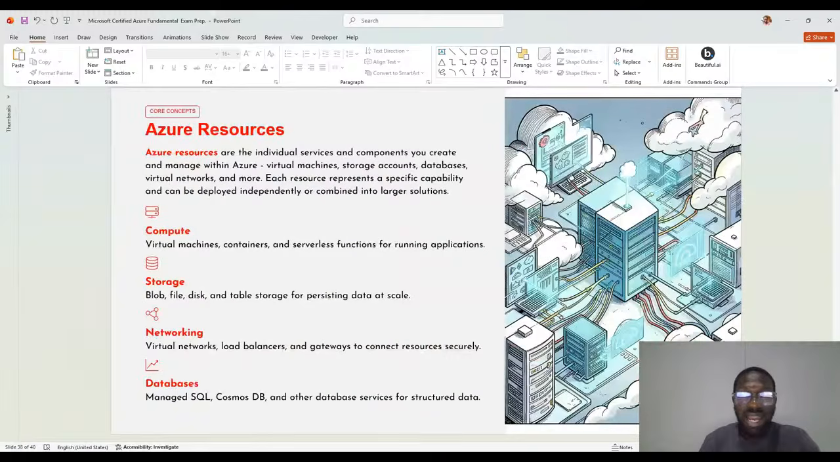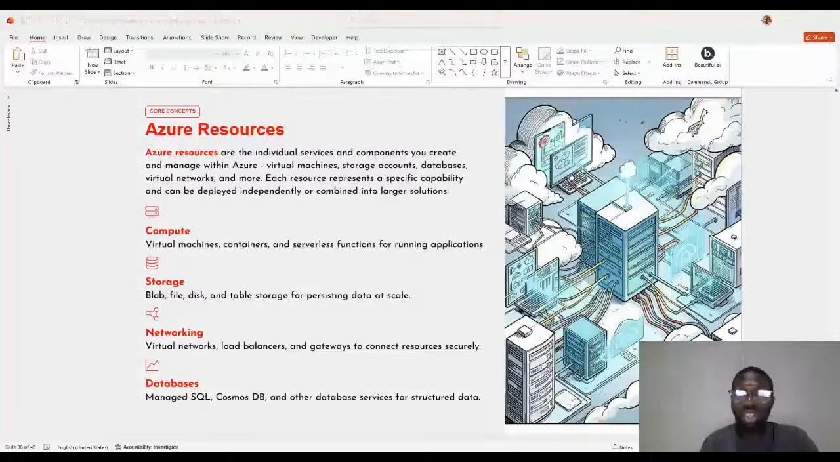And likewise, the next thing is Azure resources. Now, what is Azure resources? Now, when we talk about Azure resources, we talk about,